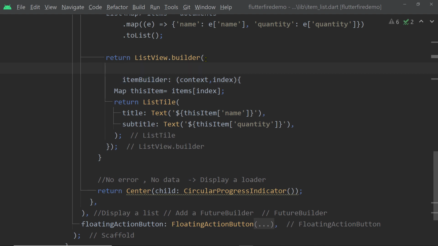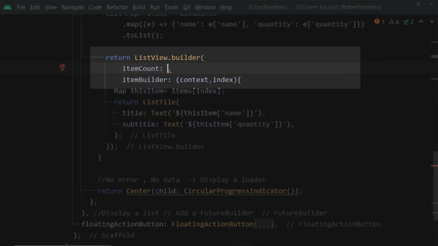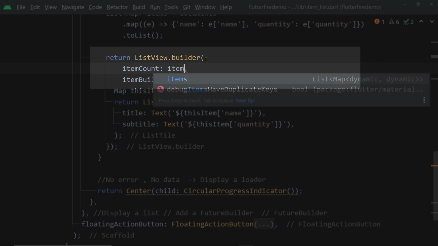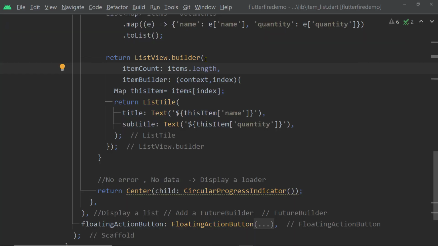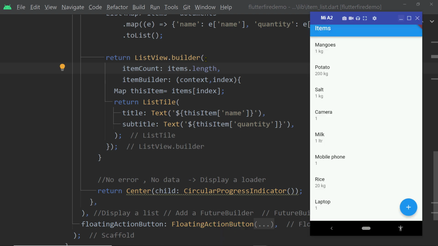Now there is another parameter of this constructor builder named item count, to which we have to pass the number of items that we are trying to display. So in this case, it is going to be items dot length, because that is the number of items of our list, right? Now let's save this